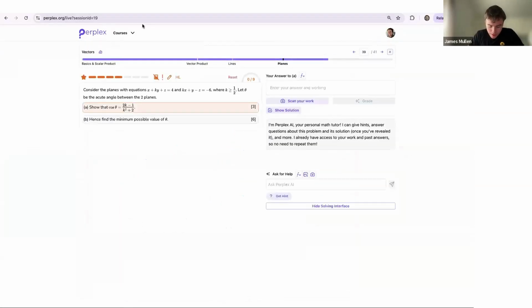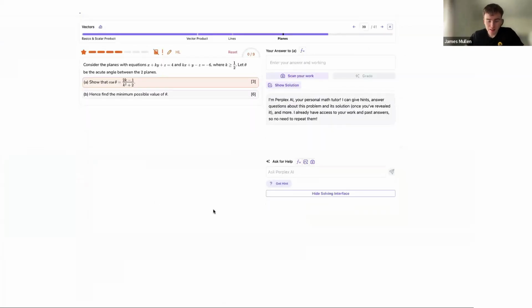I have the two planes, x plus ky plus z is equal to 4, and kx plus y minus z is equal to -6, okay? And I'm told that k is bigger than 1 over 2, and theta is the acute angle between the planes. We want to show in part A that cos of theta is (2k minus 1) over (k squared plus 2). So let's identify the two normals of the planes. I have the normal (1, k, 1) by looking at the coefficients of x, y, and z in the first equation. And I have the second normal,